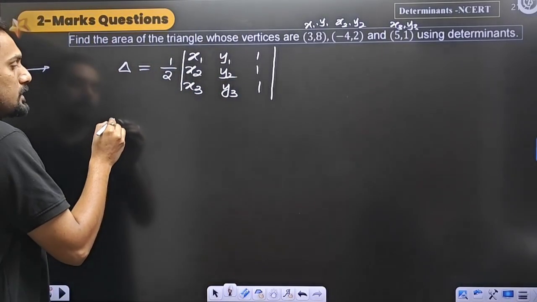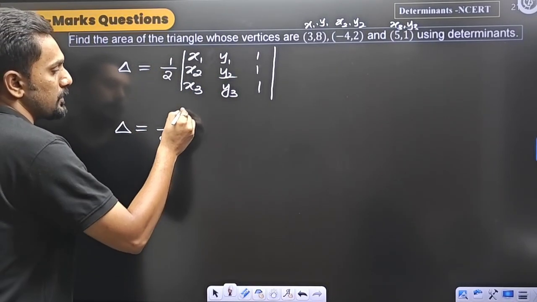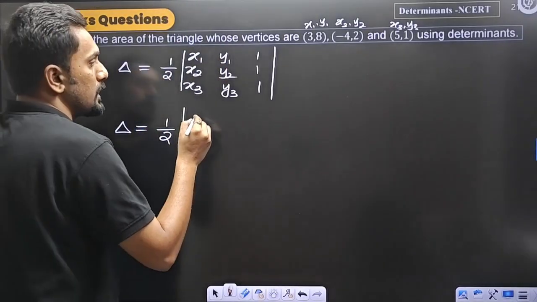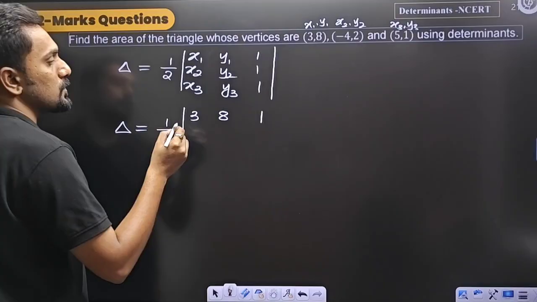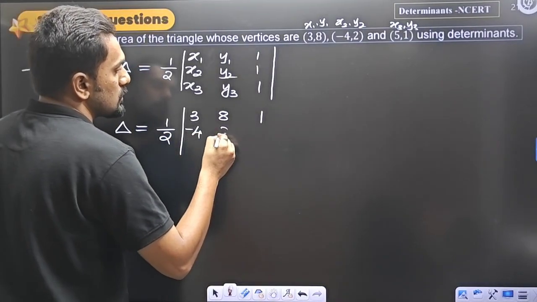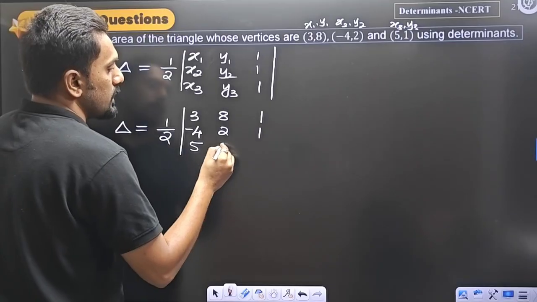Okay, then area of triangle is equal to half multiplied by determinant of x1 y1 which is 3 8 1, then x2 y2 which is minus 4 2 1, and x3 y3 will be 5 1